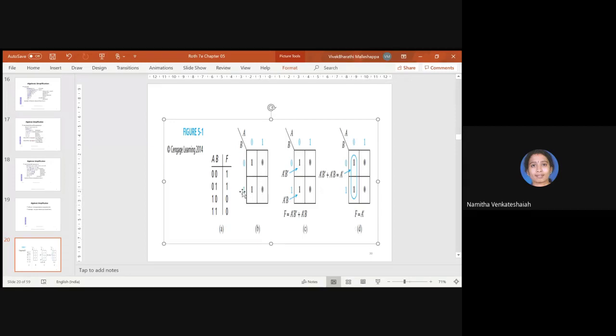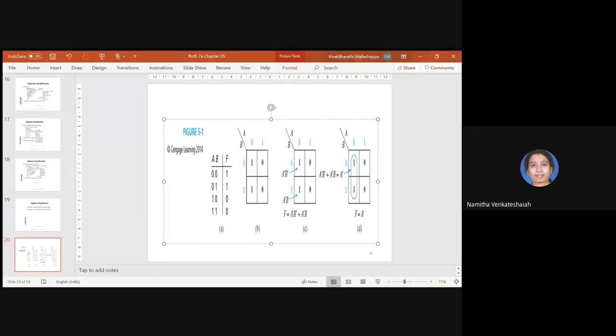Okay, so you can observe here. F is always A dash. When A is 0, it is becoming its complement. When A is 0, again it's becoming complement. When A is 1, it's becoming complement. A is 1, it's becoming complement. So initially we thought there are two terms and four literals, but after reducing, I'm having only one literal, so I can have the circuit very easily, very economically.